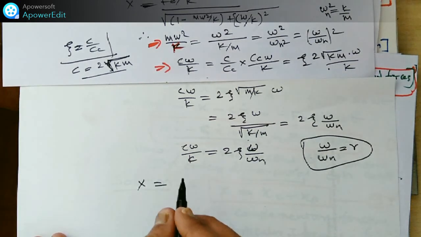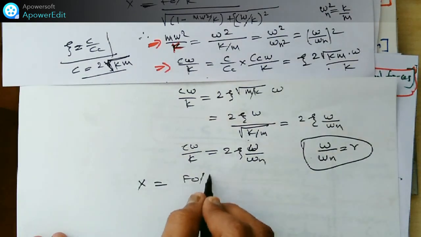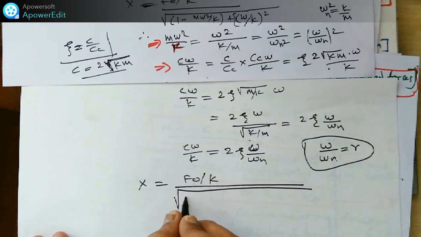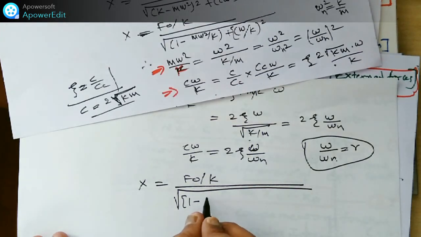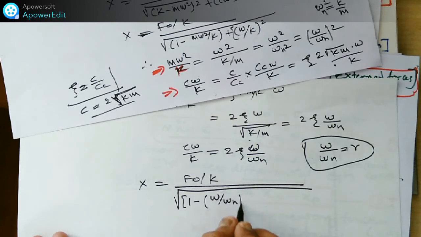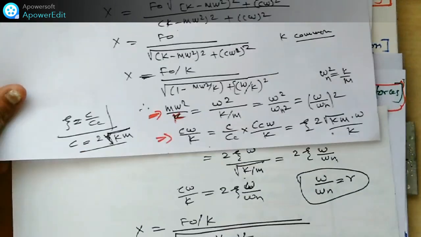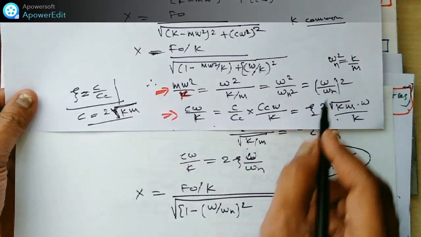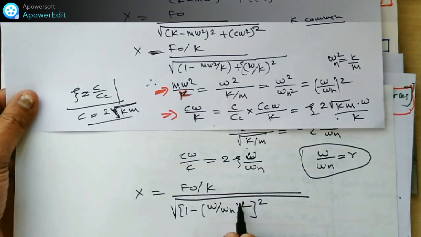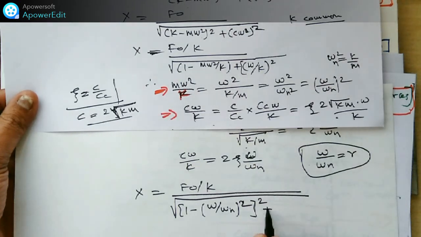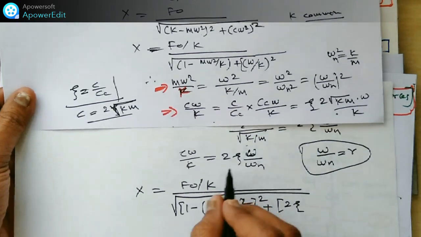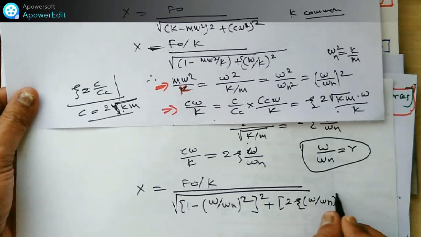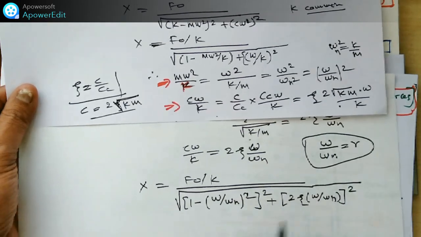That equation, the final equation, becomes under root 1 minus (first I will put here omega by omega n) square, that is this one. In terms of replacing the m omega square by k with this omega by omega n, bracket close square, and plus, inside the bracket, twice zeta omega by omega n, bracket close square. So this is the term for the amplitude of vibration x.